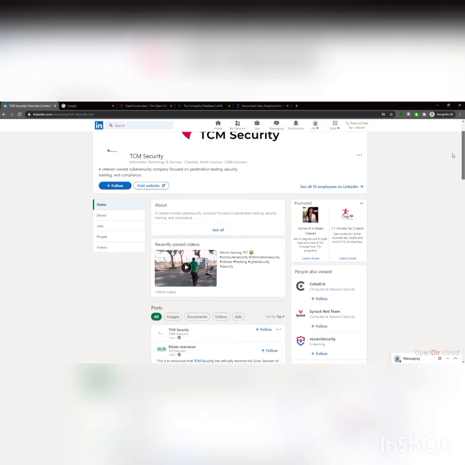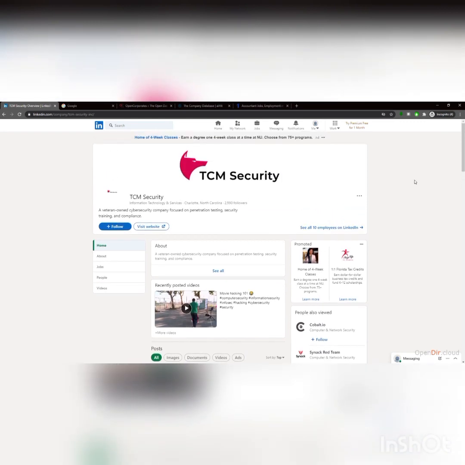To sidetrack just for a second, a lot of the times when we have physical engagements, some of the things that we're looking for are just information that can be gleaned from employees online or the company online. If we're going to go on a physical engagement, either for social engineering purposes or for actually trying to break and enter, we want to know what we can gather about the company.